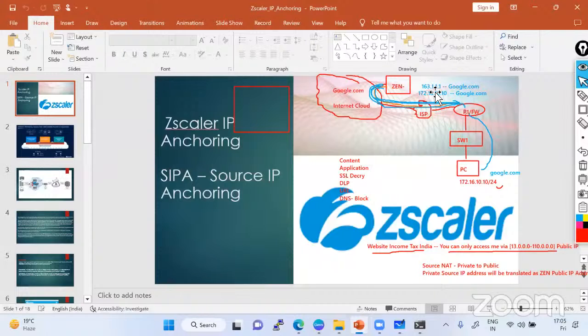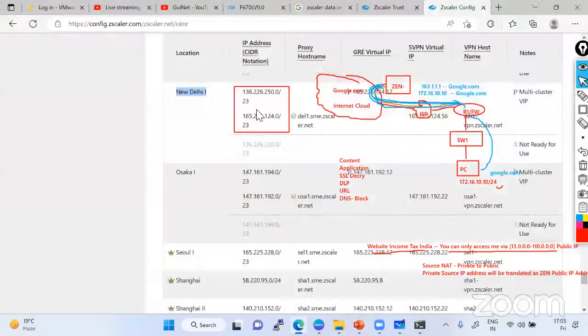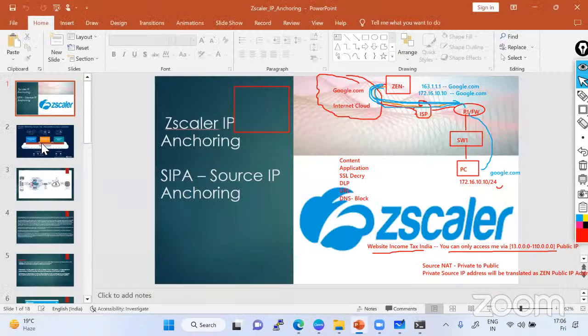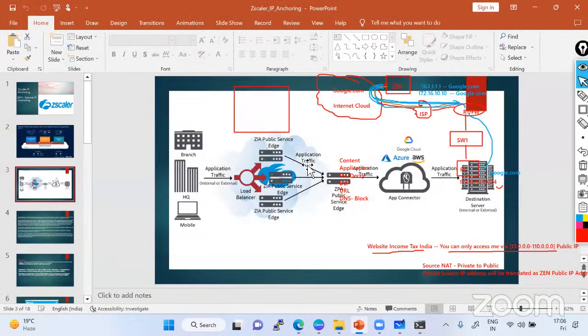But this is the global public IP address that is allocated to Zscaler, and they might be using it in India, but they are not allowed. Whenever the user comes with this source, they are not allowed to access. Then how can we fix that? So to fix this problem, we just have to use